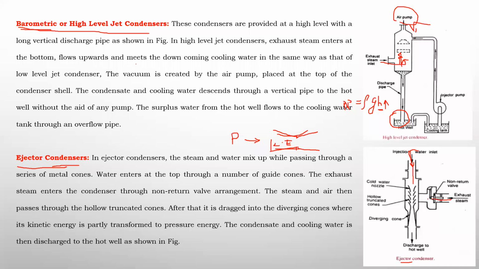And this steam, when it comes here, there is a non-return valve arrangement. Non-return valve means only one direction flow of steam occurs. There is no reverse direction. When the steam enters here, these are the portions the steam may enter inside. While entering, because of the high jet velocity, automatic proper mixing takes place. After mixing, this is the divergent portion, meaning because the area or volume increases, once again the velocity drops and pressure rises. Here the condensate will be collected. This condensate is once again sent back to where? To the boiler.